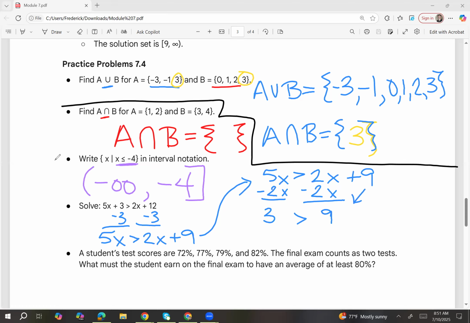Now we're at that stage where we have something times the variable, 3 times x, so we need to counter that with dividing 3 on both sides. And that will eliminate the 3 times, leaving us with just x is greater than, and then 9 divided by 3 is 3. So there is our inequality notation, x greater than 3, but we need to write it in